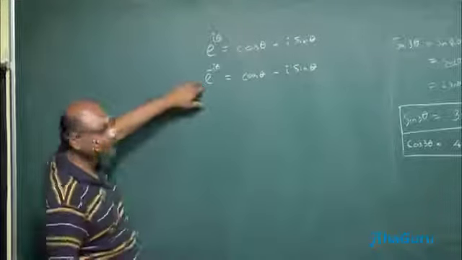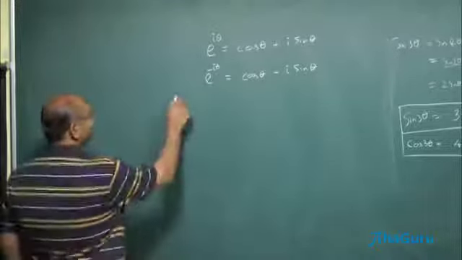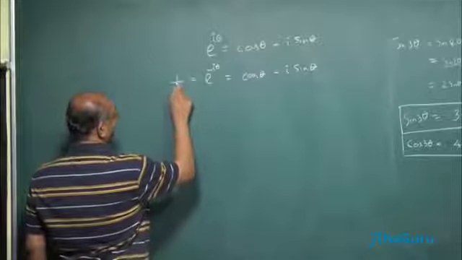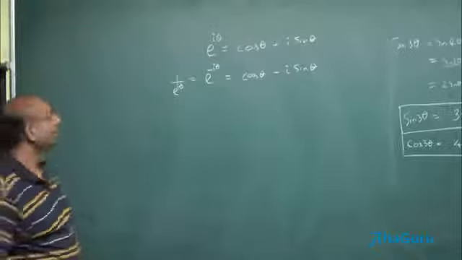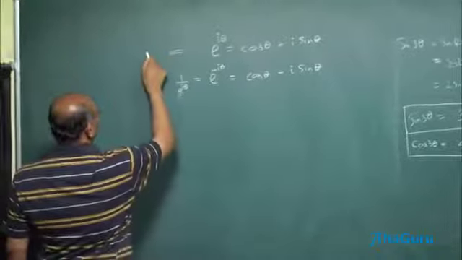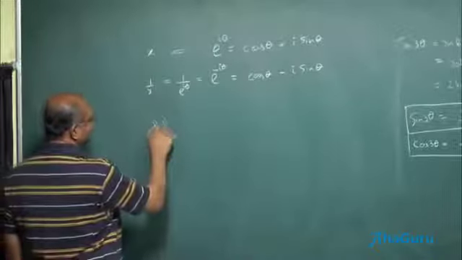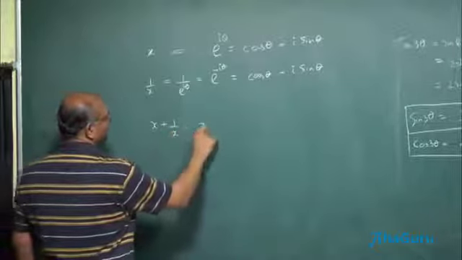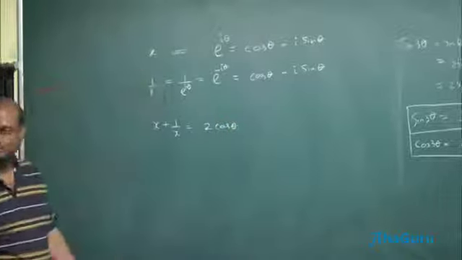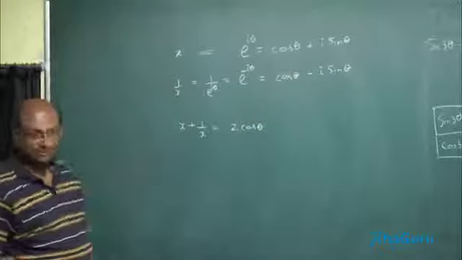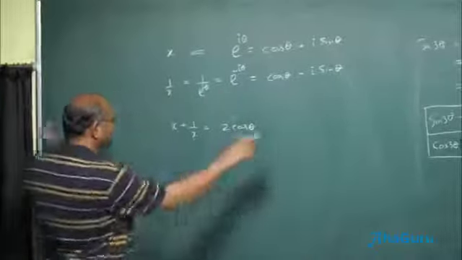But you see, e to the power of minus i theta is 1 by e to the power of i theta. It just happens that it is also equal to this. So if I call this x, and this 1 by x, what is x plus 1 by x? 2 cos theta. And remember, x is e power i theta. So I've got a nice formula for 2 cos theta. By the way, we can do the same thing for 2 sin theta. We'll do that in a minute, but let us first start by using this.